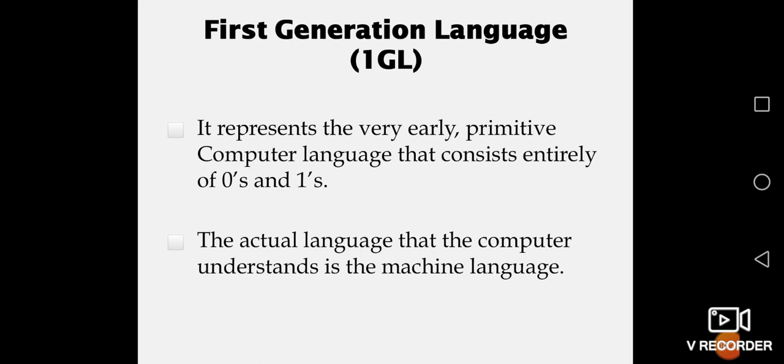For example, when you have a fan, you don't have to relate it with a computer alone. When a fan is switched off, it is in the zero state. When it is turned on, that is in the on state. That means it will be working. So 0 and 1. With this you can understand how it works.